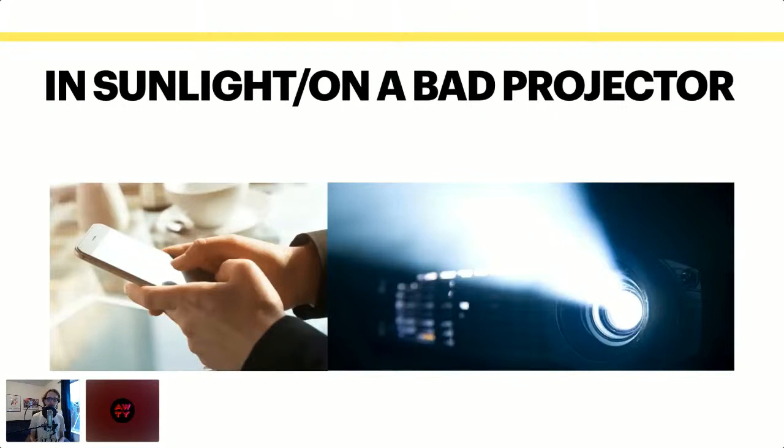Now they were signing up out in the bright July sunlight on a tablet. So this is a great example of how lighting conditions, including sunlight, as well as things like projecting something on a bad projector, can really mess with your colors. They can make low contrast text really hard to read and make your content kind of hard for people to